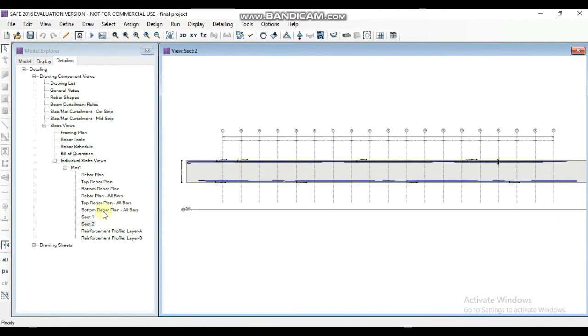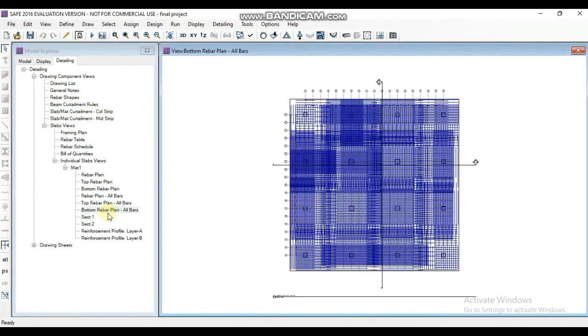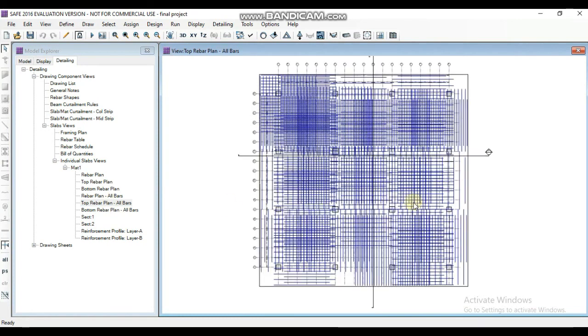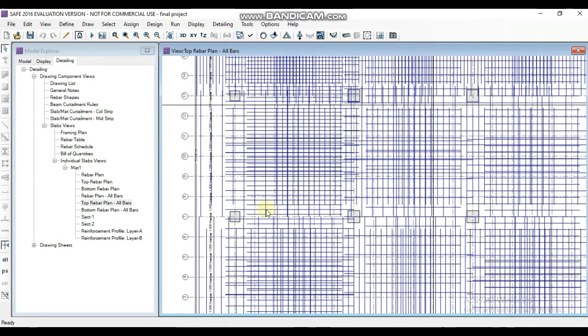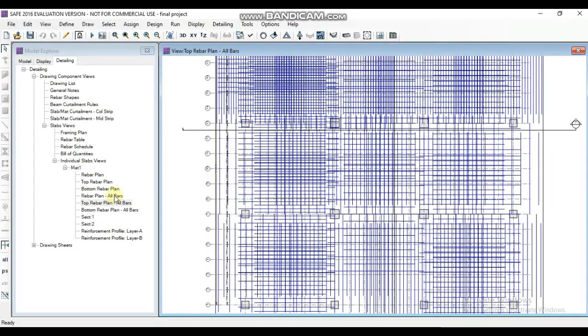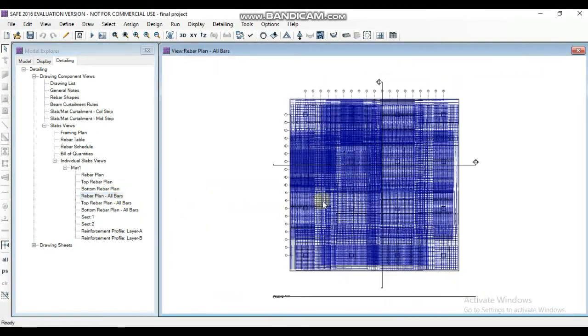Now go to bottom rebar plan. You can see different types of rebar plans here. This is the top rebar plan,